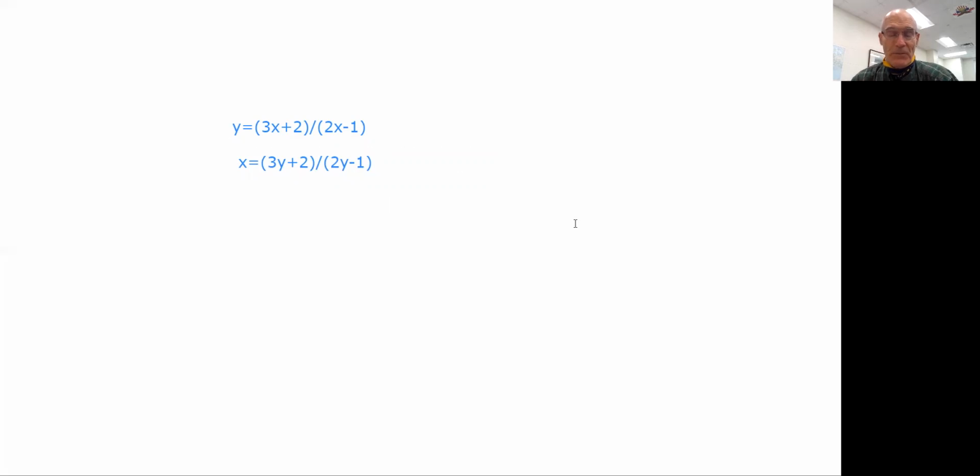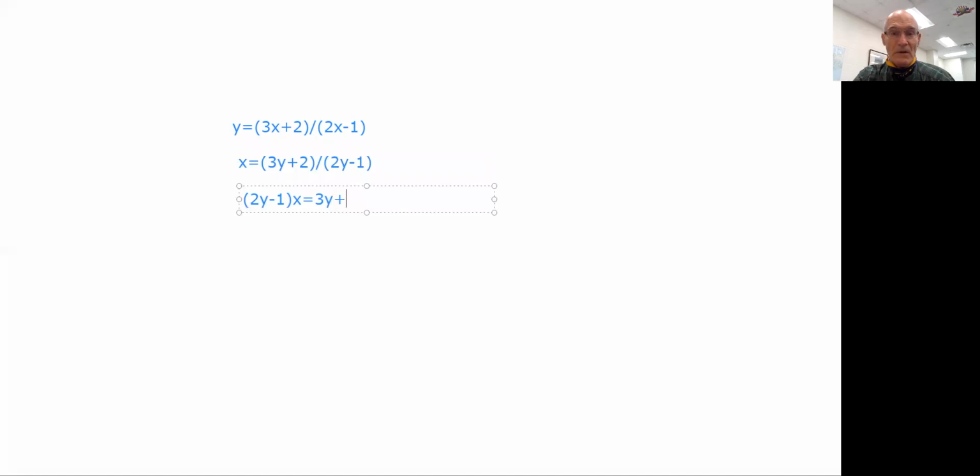You notice in the expression we have two y's. So what we will do is multiply both sides by 2y minus 1. So we will have (2y minus 1) times x equals